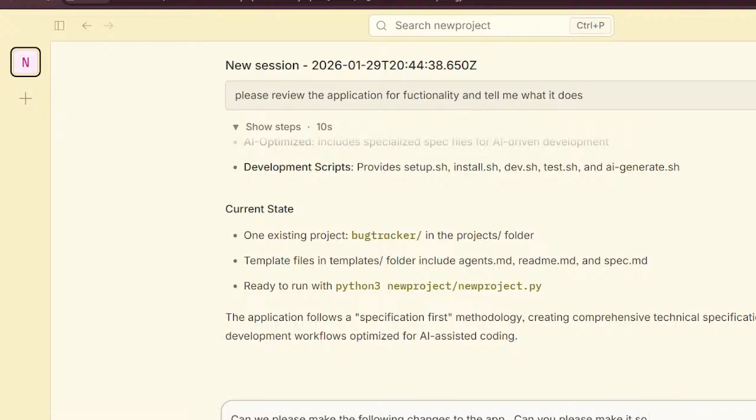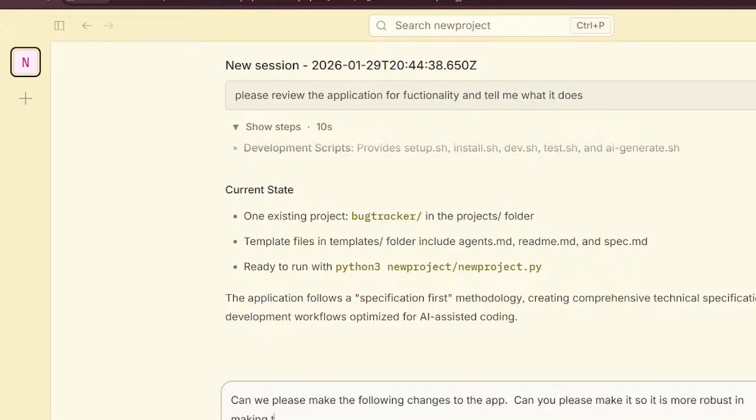Okay, so I want to make it more robust in making the readme.md, readme spec.md and